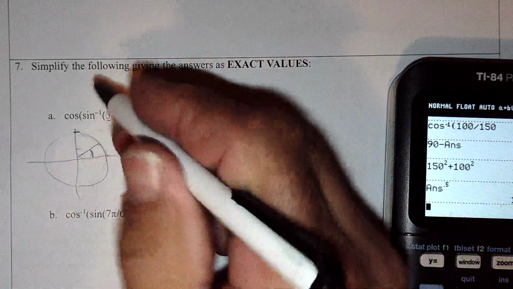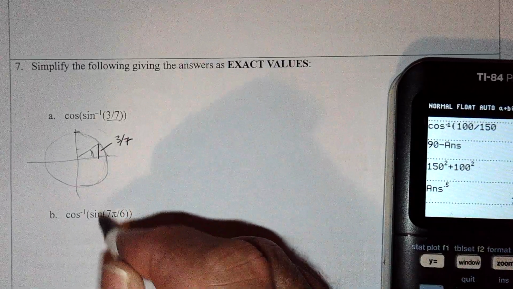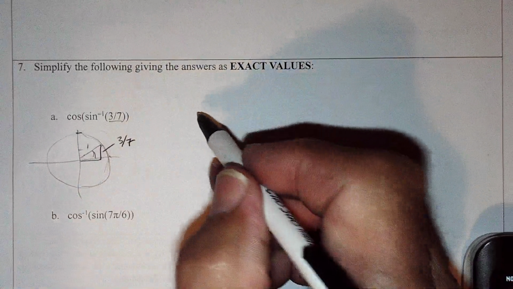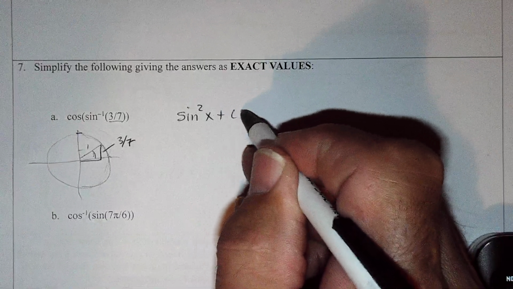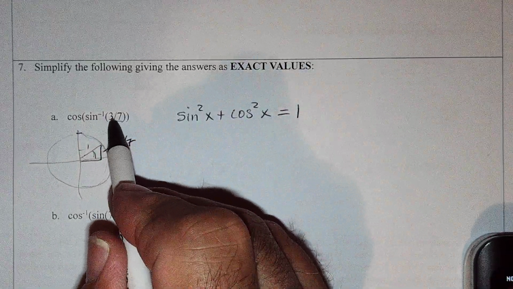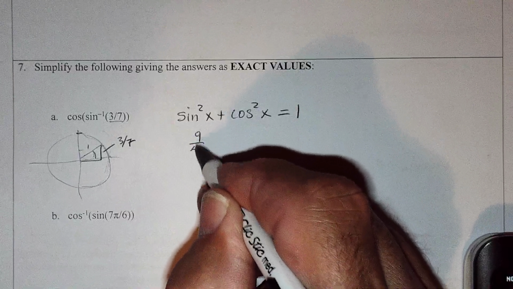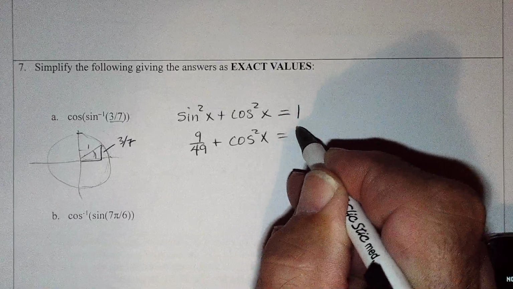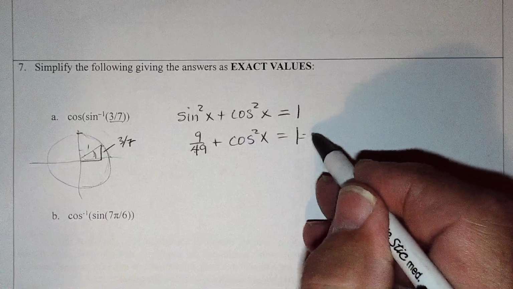And where the sine is 3/7, but we're supposed to find the cosine. And that's 1. So sine squared x plus cosine squared of an angle is 1. So if the sine is 3/7, that squared would be 9/49 plus cosine squared x is 1. Subtract that from 1, and 1 is